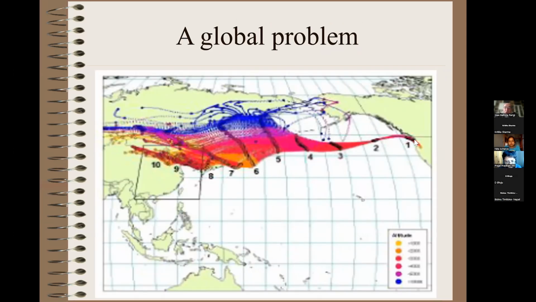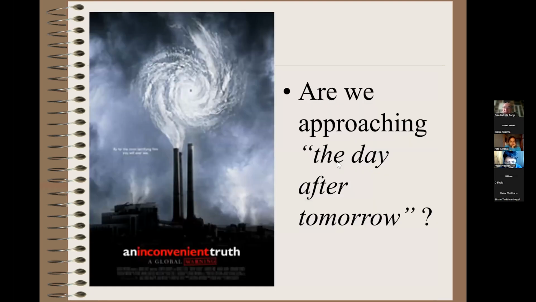And this pollution is going across the world. They found in Vancouver the same pollutants created in Beijing. And therefore, this is a problem that is more and more diffusing all around the world. And actually, if some of you have seen the movie The Day After Tomorrow, we are somewhat approaching the day after tomorrow, because this year in Italy we had, I think for the first time in a century, the problem of drought. We didn't have enough water. And this is quite a problem.